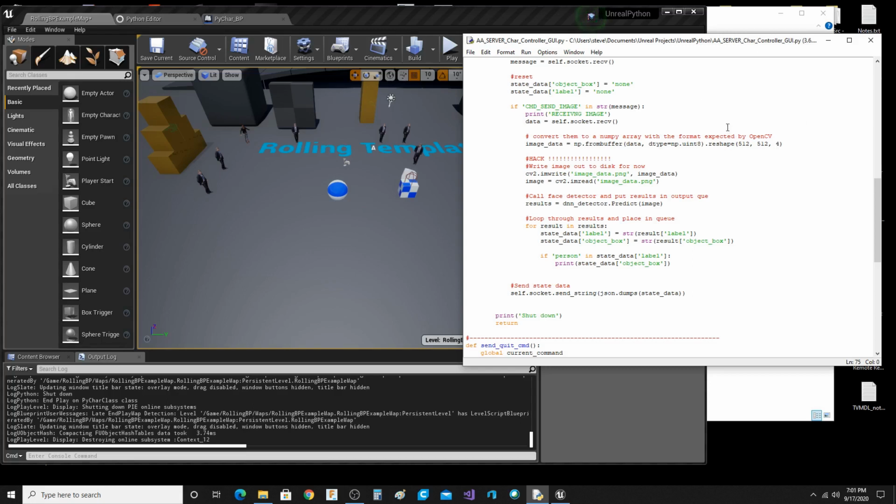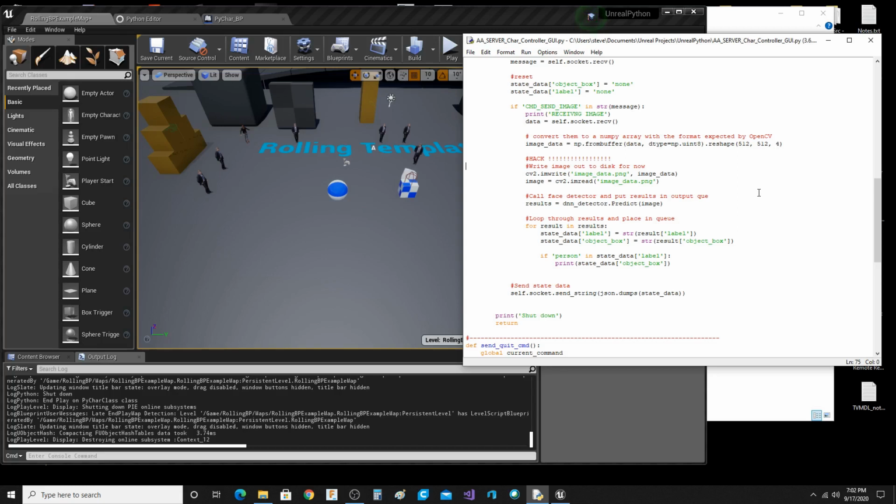This video is about the Unreal Engine and machine learning AI and doing object detection. The object detection is not happening right now inside of Unreal. I'll be working on another example of how to do that later on down the road. Right now, what we're doing is experimenting with sending images back and forth,